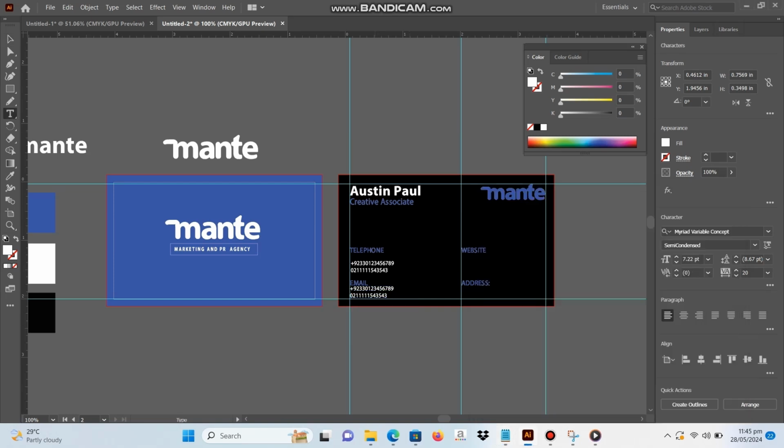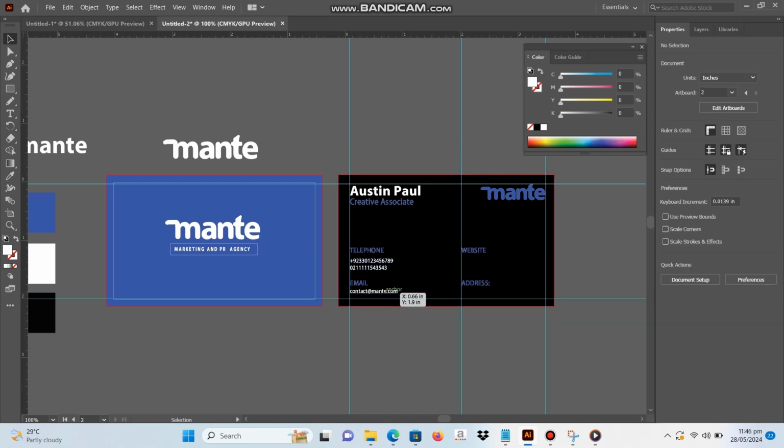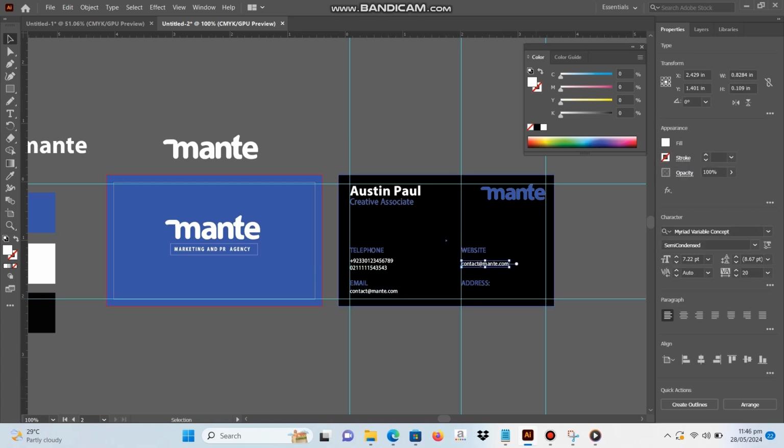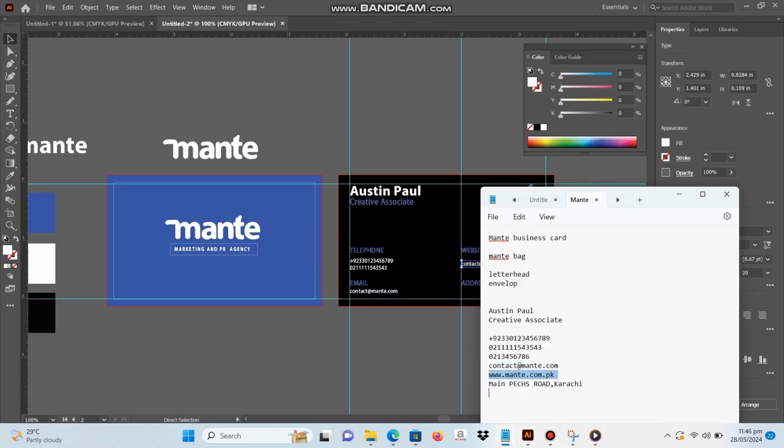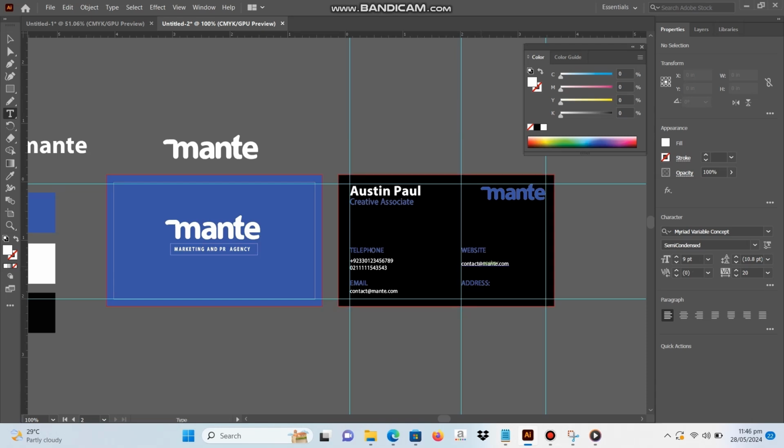So I used contrast as well: blue for the heading and white for the internal detail subheading. Keep in mind that the size of every detail has to be the same. If you choose 12 points for the heading, then you have to choose 9 points for the subheading for all the information. So yeah, you have to do that, and then